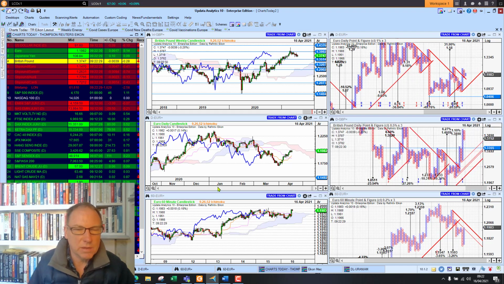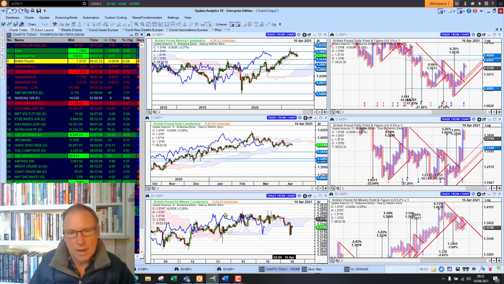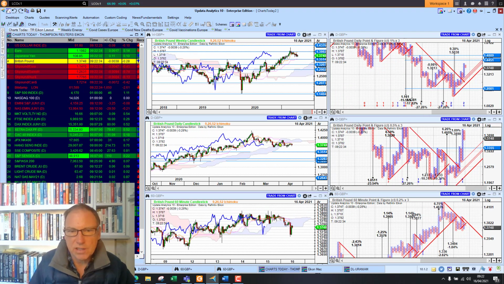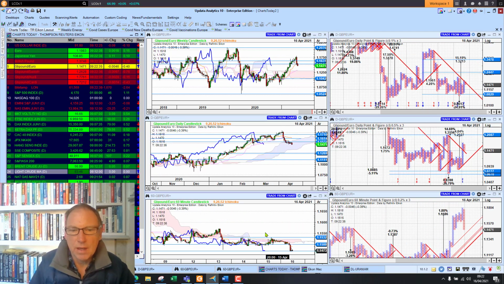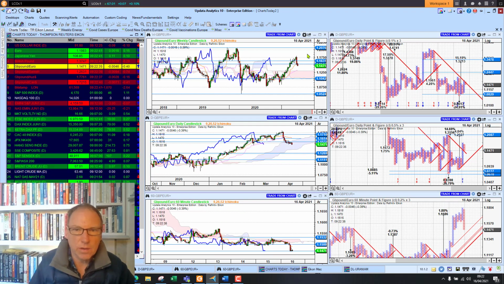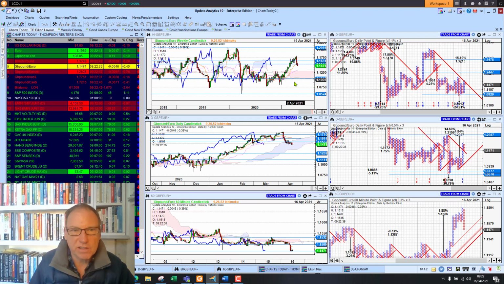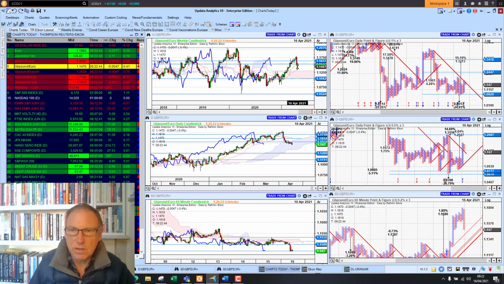If we look at sterling, we're sitting at 137.50 and have been fairly static against the dollar for the last few weeks. And against the euro, we're sitting at 114.71, weaker this morning against that euro. Last week was a particularly bad week for sterling against the euro, and it's continued a bit this week as well.